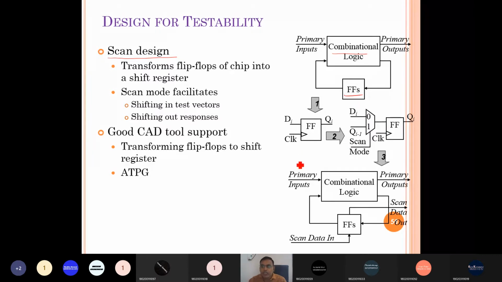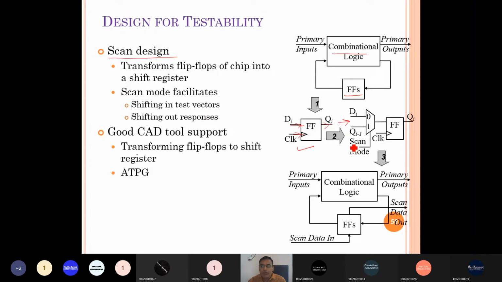Scan design converts the flops into scannable flops. A simple flop has one data input, one clock and one output, ignoring enable and reset. Converting the design converts all simple flip-flops into scannable flip-flops.